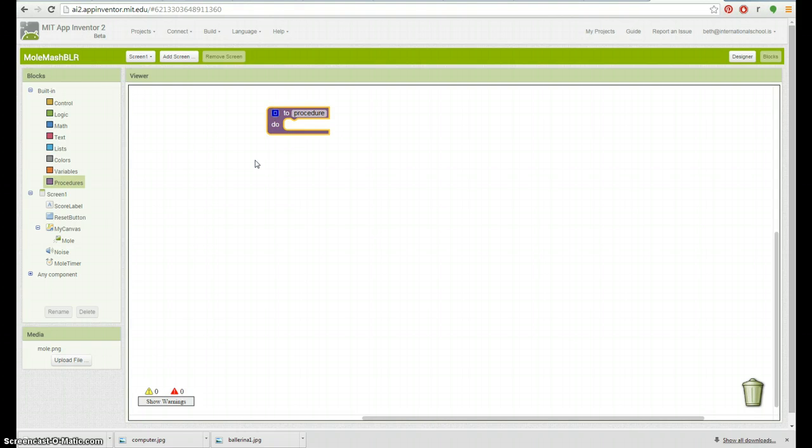Okay, easy enough. What we need to do is change where it says procedure to move mole. This is going to correspond to your labels that are here, so you have to make sure you followed my instructions very carefully, or your app will not run the way it's supposed to. So, to move mole, click on mole on the list of blocks,